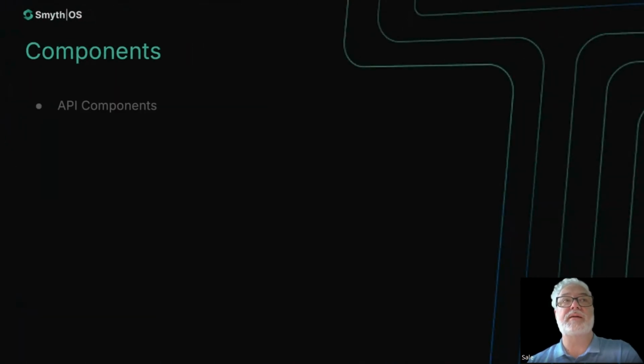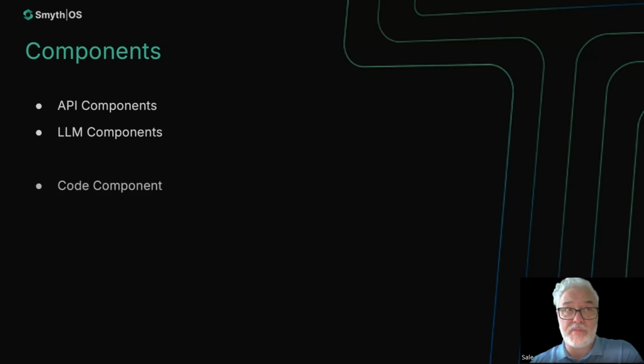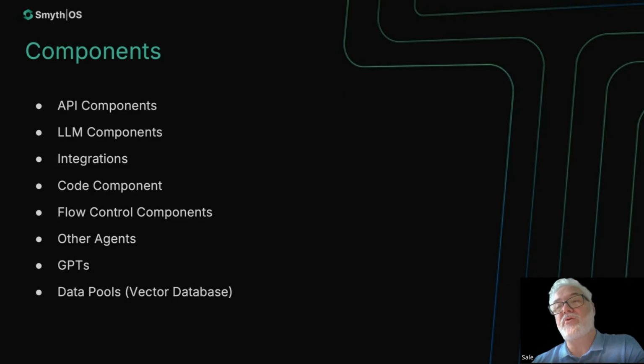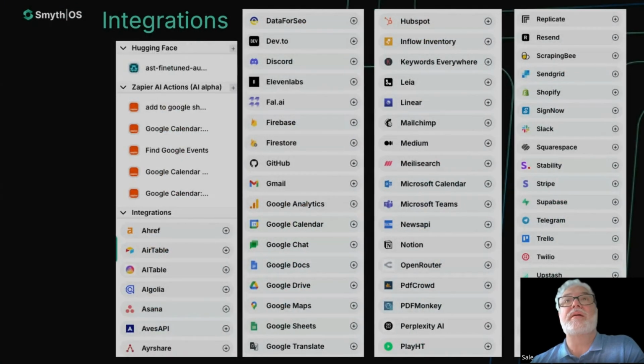We talked and showed you a little bit about components. We looked at API components, LLM components, code component we didn't look at specifically, but I raced through it. And we looked at integrations. There's also flow control components. You can also add other agents and GPTs. And then you can interact with data pools, including to build them or query them. And then here's just that list of components again. As you can see, there's a